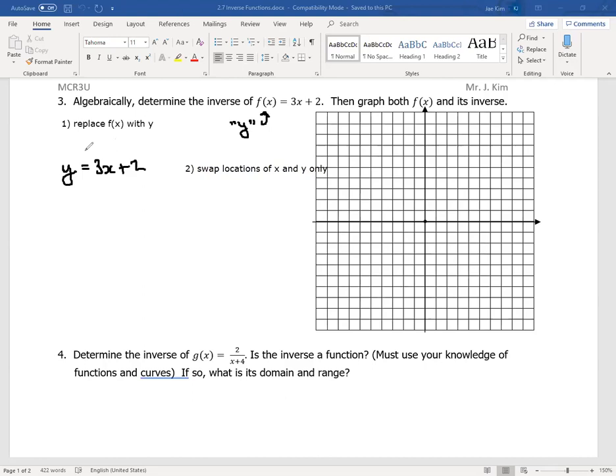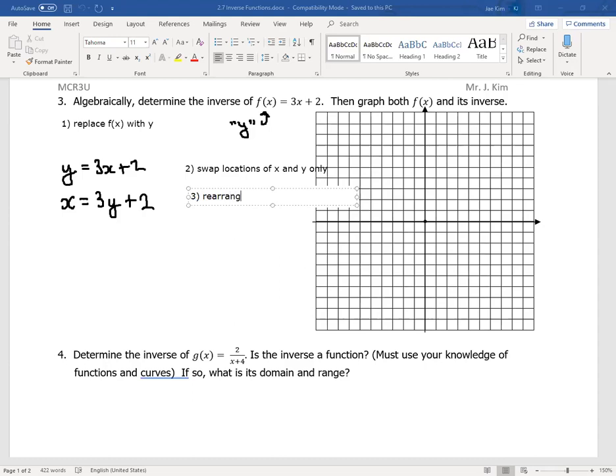All right. Swap locations of x and y only. X equals 3y plus 2. You're literally taking the x and y and changing its location. But I don't want to leave it like this because we are used to having the y all alone. So your final step is